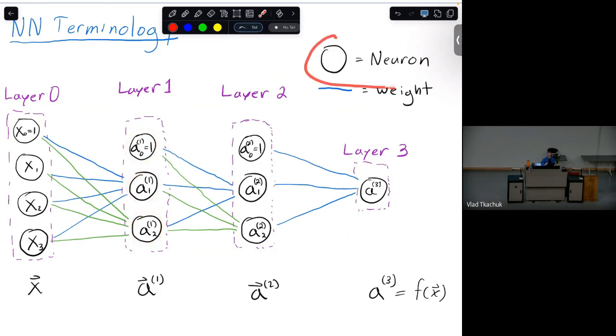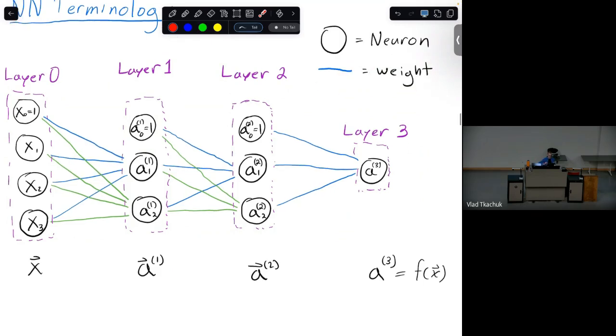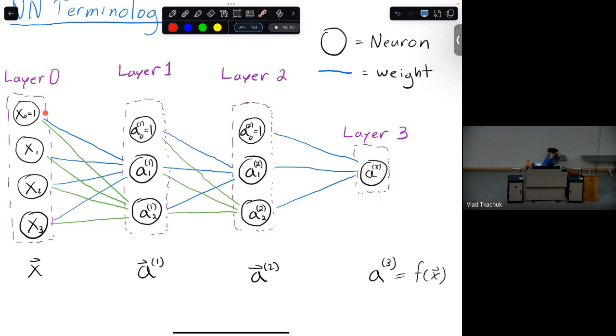So these circles, these are called neurons. And then these lines, as we've seen, are called the weights. So one line is one weight, it's just one number. And so yeah, this is all I want to say on this slide, is that you have these neurons which store the original feature information. They're then going to use these weights in some way, and they're going to propagate information to the right. And these neurons are now going to store some new information about the original features multiplied by these weights. And then from here, you're going to propagate that information again to the right.